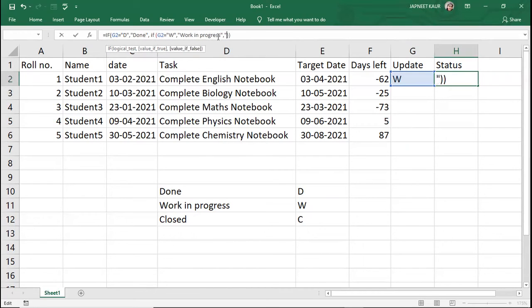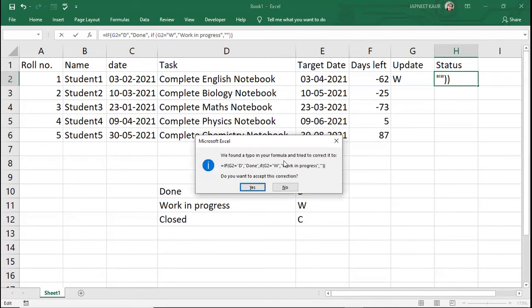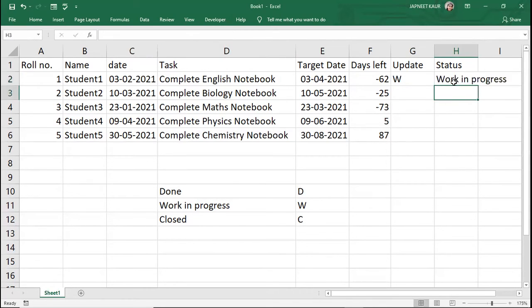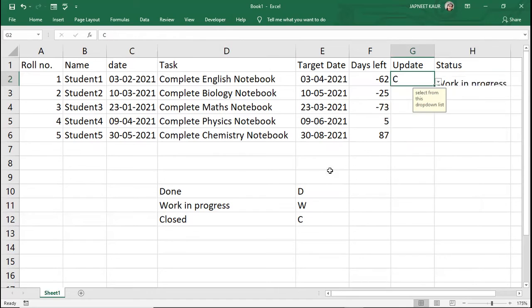And what's the next condition? I'll keep it blank for now and then press enter key. So do you want to accept this correction? Okay. So now we are getting, if I'm selecting D, it's showing done. And if I'm selecting W, it's giving me work in progress. Great. Now, if I'm selecting this C, means this closed, it's giving me blank.